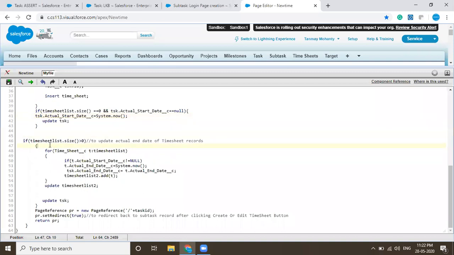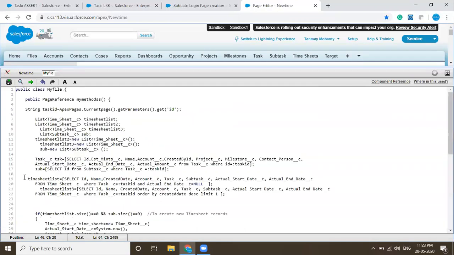And at last, if the timesheet list size is greater than 0, if there is already data, then for the timesheet we have embedded a for each loop here.